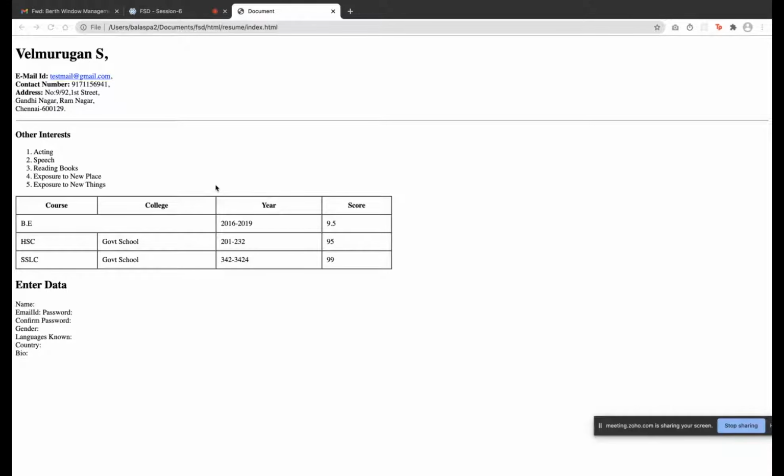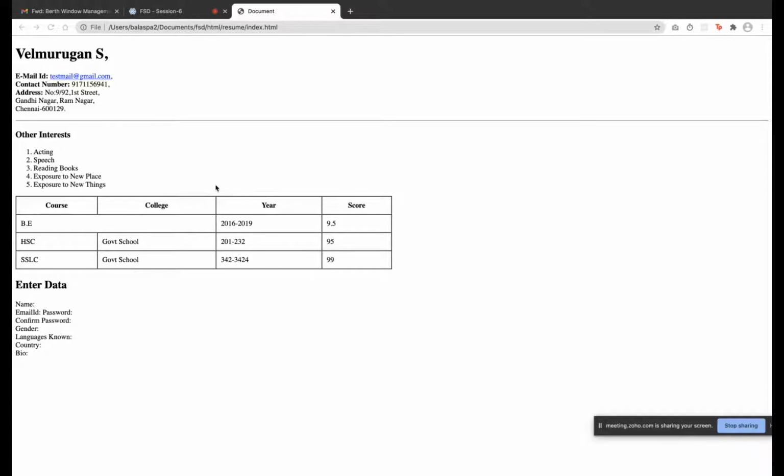What we need to do is, till now, what are all the tags we have studied, like the p tag, span, table tag, bold tag, and italics, and those kinds of tags. Till now, if we want to get the user's input, we cannot use the tags which we already studied. So today we are going to study form elements.